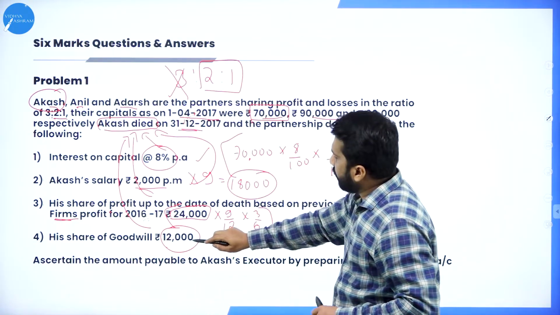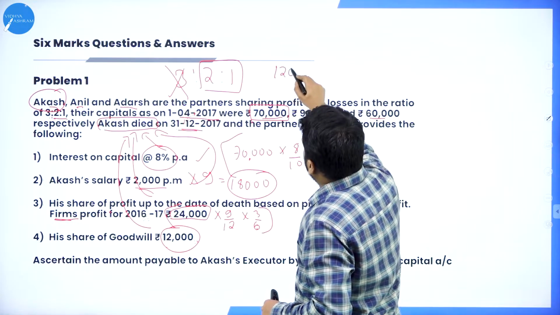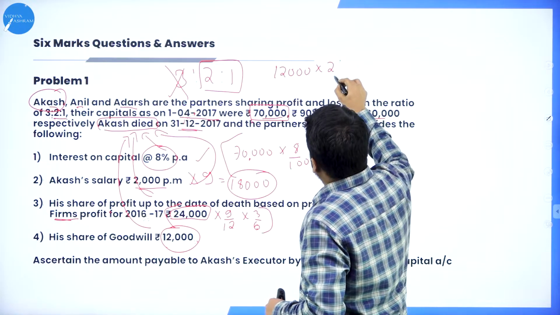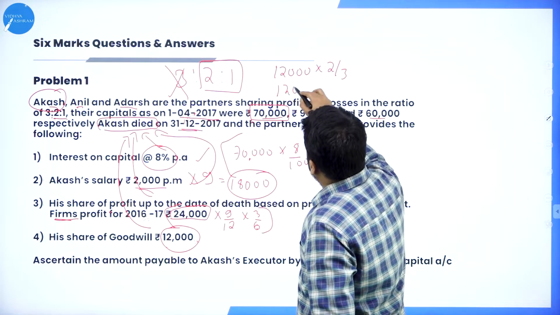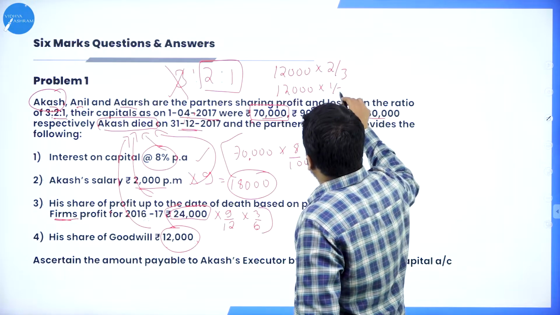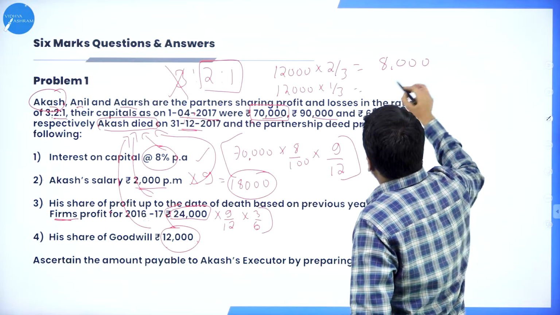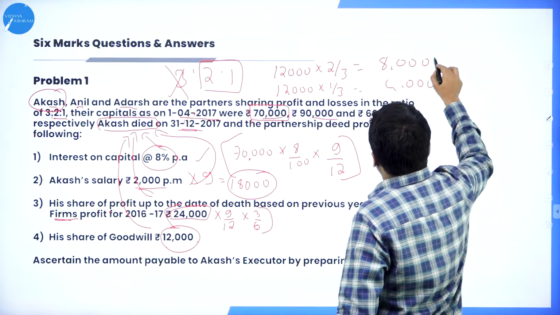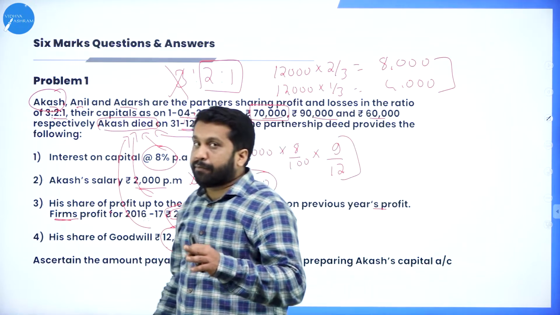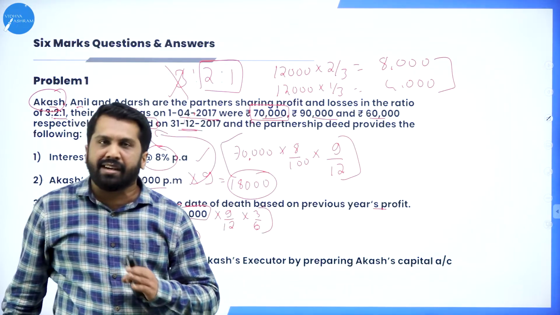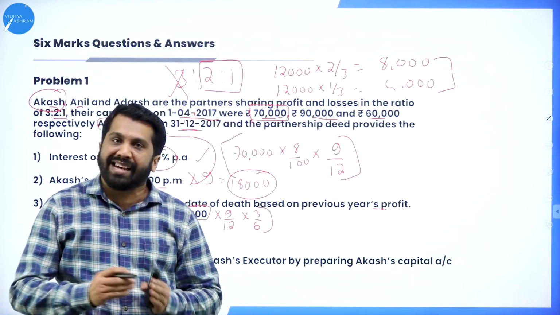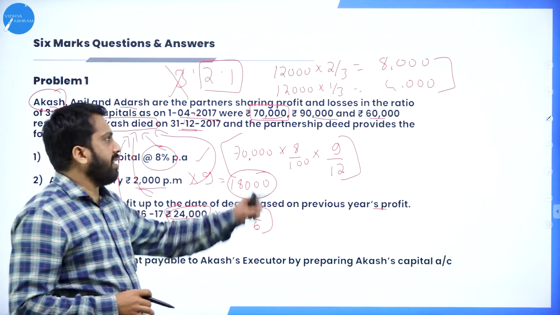What is the goodwill here? 12,000. 12,000 into 2 by 3, and 12,000 into 1 by 3. So it will be 8,000 and 4,000. Now, in case of retirement, in case of death, the remaining partners should pay the amount